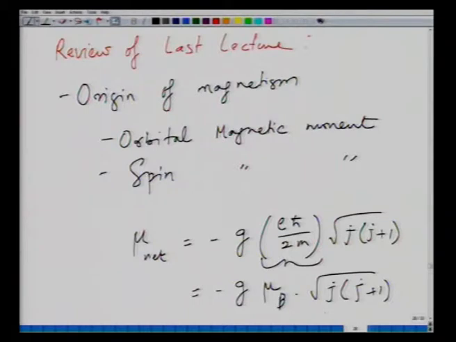It depends upon which contribution is stronger. So this becomes S when you're talking about the spin quantum number, and it becomes L when you're talking about the orbital quantum number. Similarly, the g factor is again a characteristic number, and its magnitude is 2 when you're talking about purely spin magnetic moments, and 1 when you're talking about purely orbital magnetic moment. So this was the microscopic picture of magnetic moment.